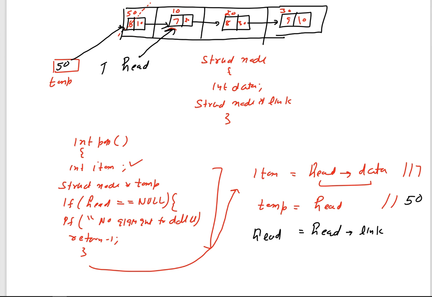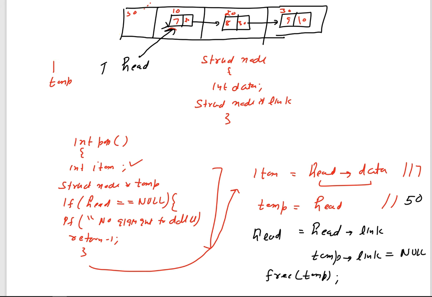Okay. Now what we are doing, then simply we can write temp of link, what is the temp of link? This is 10 here. We can set this temp of link as null. So this means that here we do not have 10, but we have null. And now this is a free floating node, so we can remove this node by writing free temp. If we write this, then this will be deleted from the memory, so it means that this is no more now.